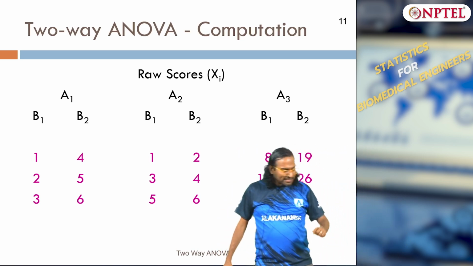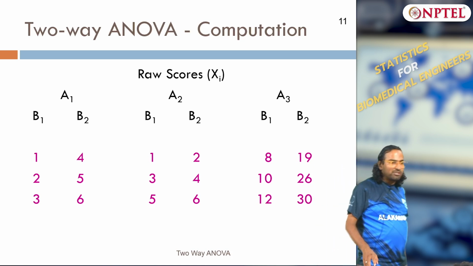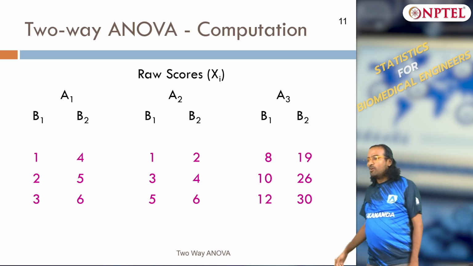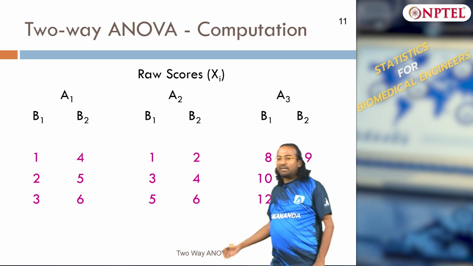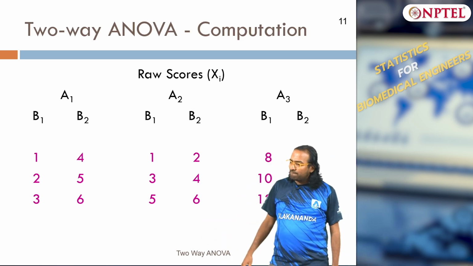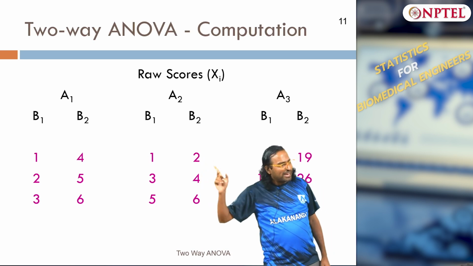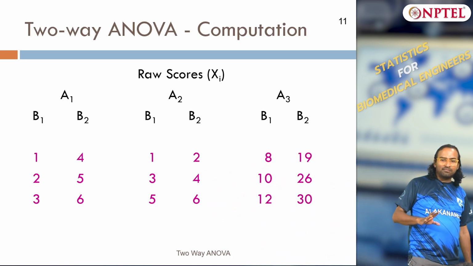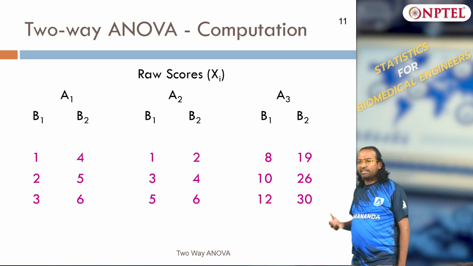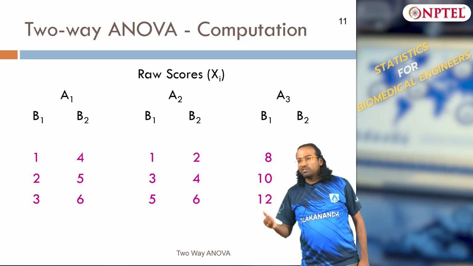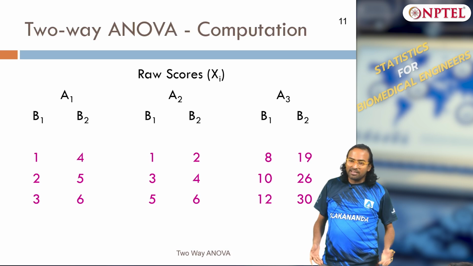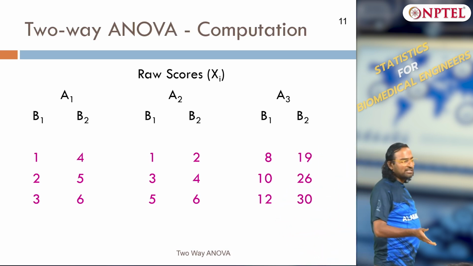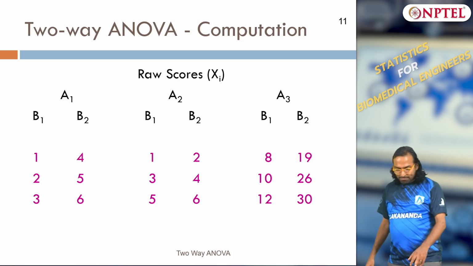So here is a case where there are how many levels for A? That is why I introduced A1, A2 instead of A negative, B negative, because for 2 levels that is okay, but this is multiple levels. There are 2 factors A and B, but there are 3 levels for A and 2 levels for B. These are the real problems you will encounter. 2 cross 2 is the simplest, but these are the real problems, so you will have multiple levels for each of these factors.